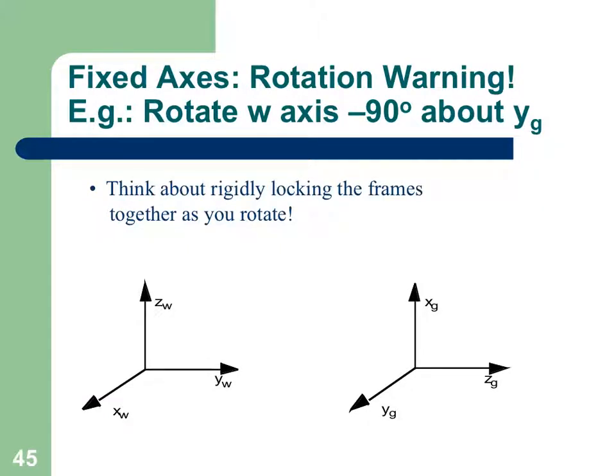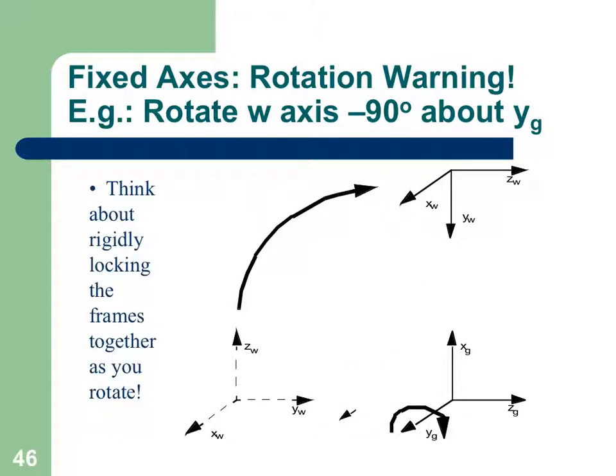So just imagine that if we're rotating about the y-axis, this axis is sticking out and everything else is stuck together. Imagine you are locking this frame into this one. If you do that, then when you do this rotation,